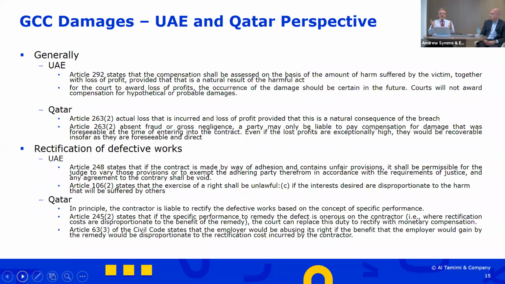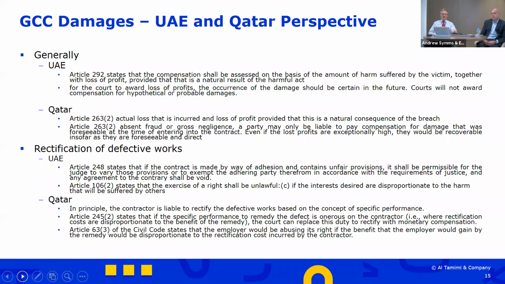And it will be a case of proving what is damage that is a natural consequence or natural result of the harmful act. I've included under the heading rectification of defective works, which is to deal with that swimming pool example of Mr. Forsyth. And it's interesting that in both the UAE and in Qatar, there is the statutory civil code ability of the courts to step in, never mind from a contractual law basis, common law precedent basis, to step in and say that actually a demand by a party for damages which are over and above